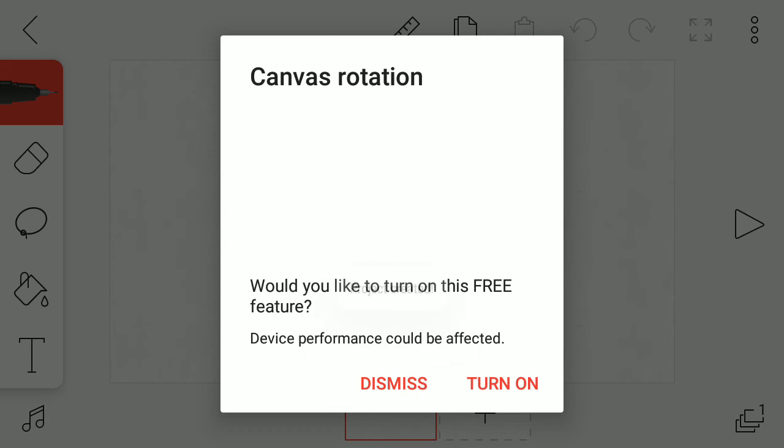If you have a tablet, then Flipaclip is really awesome. I don't own a tablet. I just own this stupid small screen phone.